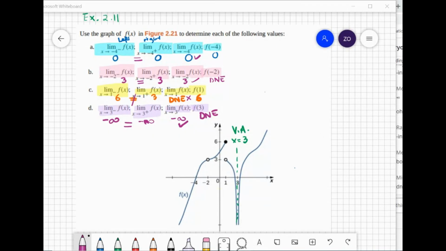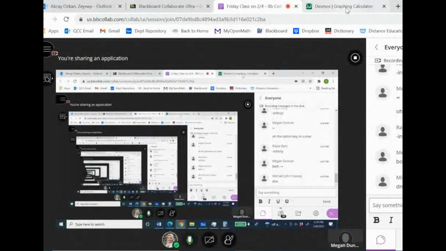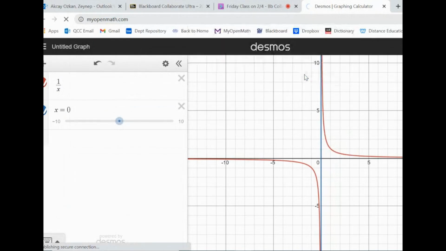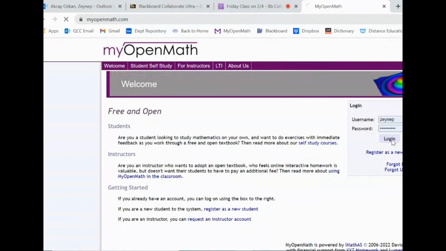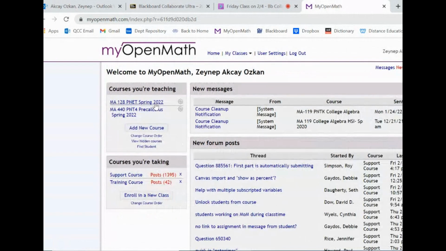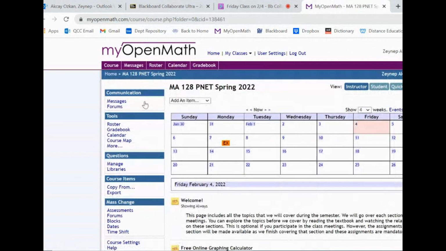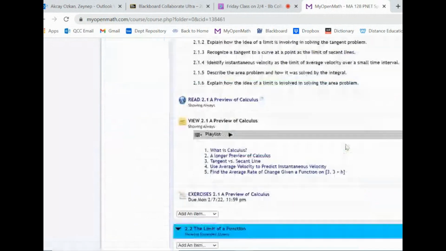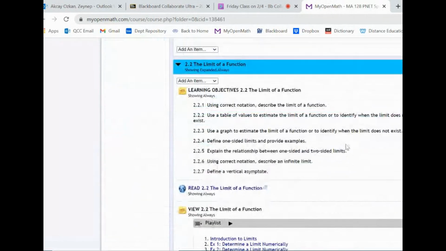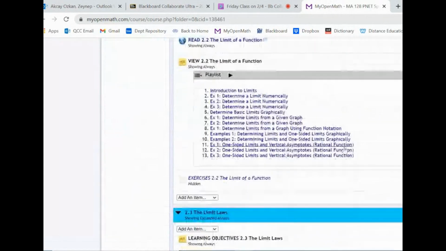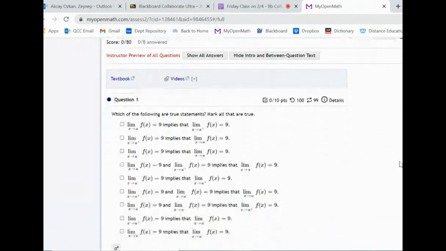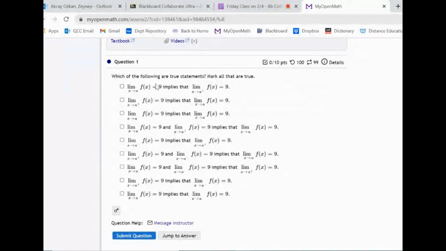Okay, so let me show you your assignment on my Open Math. So you should be ready to go. The next section, in fact, I will just briefly get started, but we won't finish today. This section was teaching the concept. So I hope you understood, you got the idea. So you will just need to